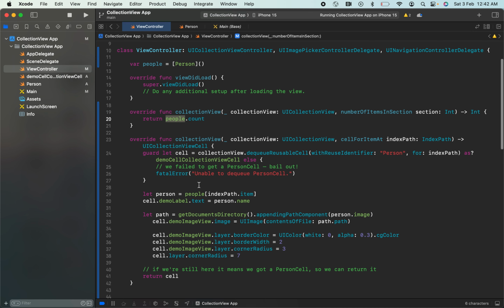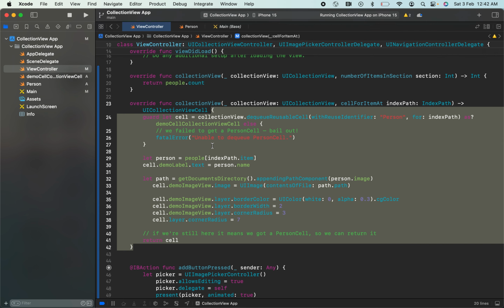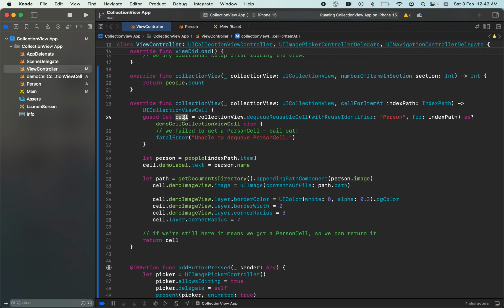After that, cell for item. For each collection view cell, what needs to be there? We are defining the cell here. That cell with an identifier, as I mentioned, is already provided in the storyboard. So that identifier I have mentioned, and typecasting it to a demo cell collection view cell class. If it fails, a fatal error will be printed,